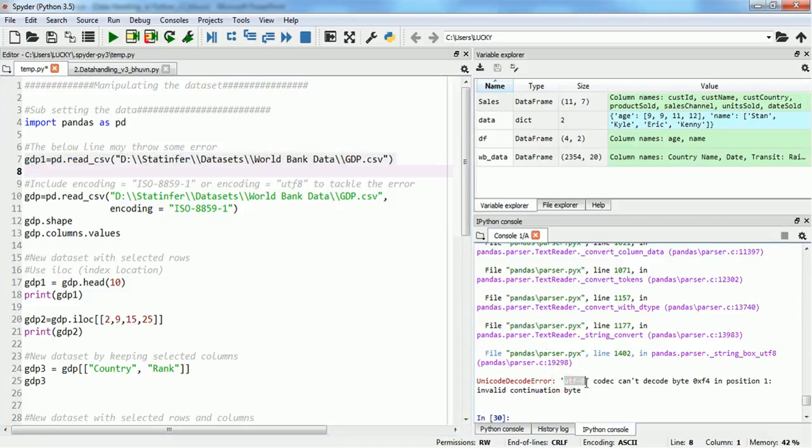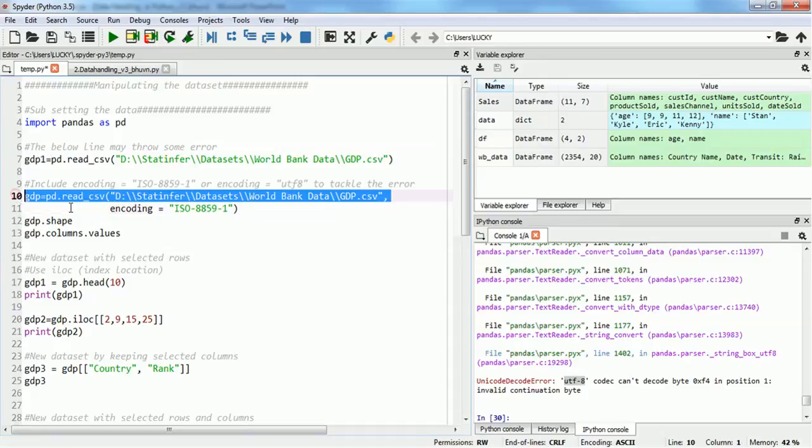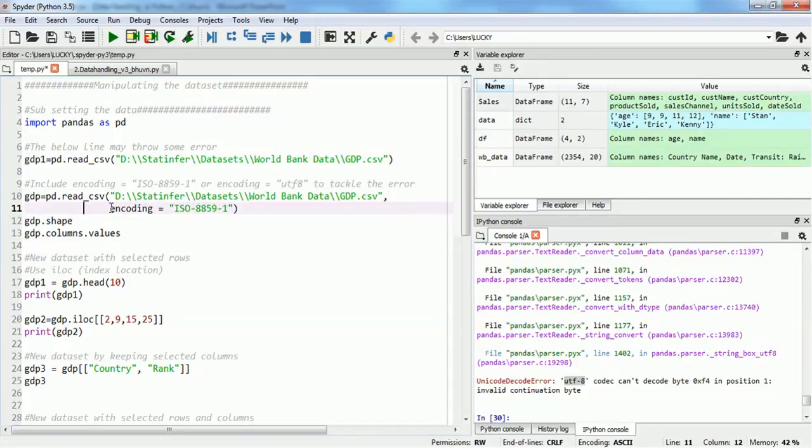What this error says is that when a data file has been saved, it is saved with some kind of encoding. If you face this kind of issue, you might have to give the type of encoding you want while reading the file. Here again I have tried importing this file, and I have given one parameter, encoding equal to ISO